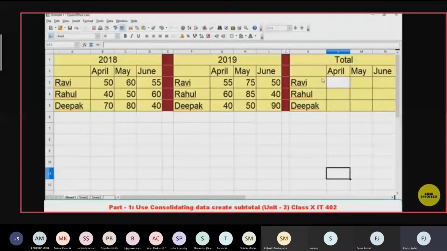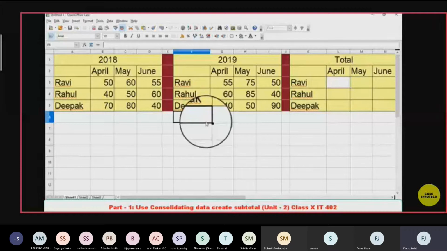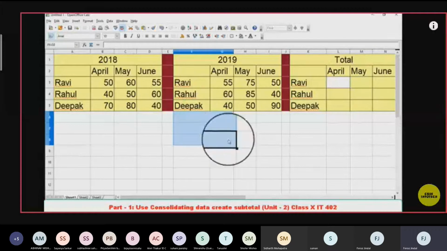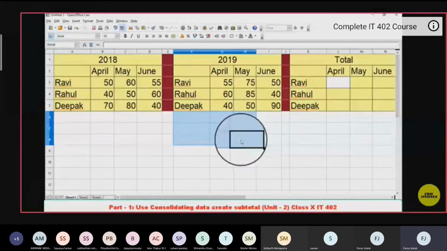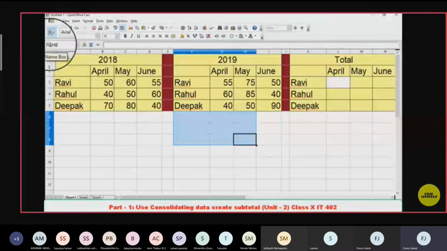First of all, understand what a range is, children. If I select a single cell, the cell name comes as F6. In the same way, if I select more than one cell, starting from F6 and going up to H8, the range comes as F6 colon H8.